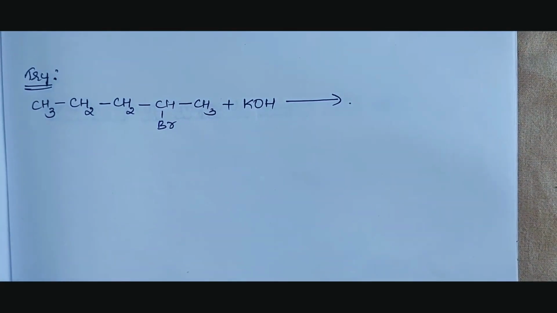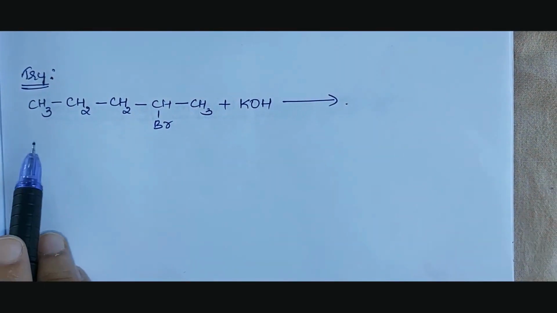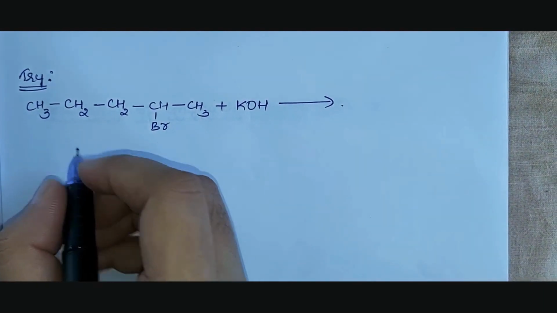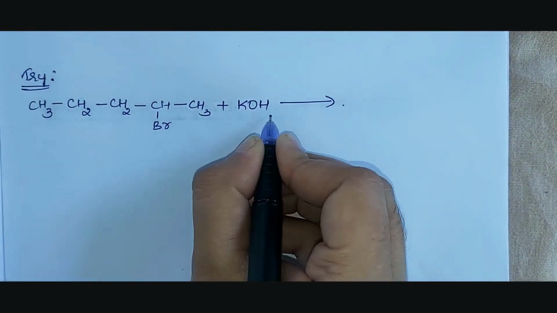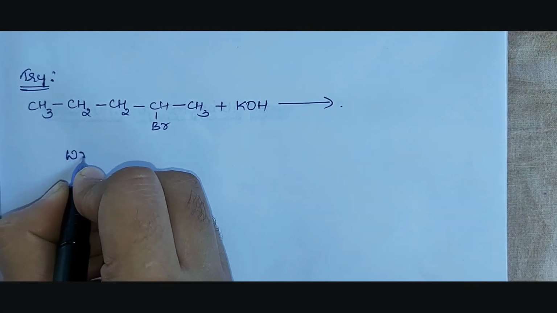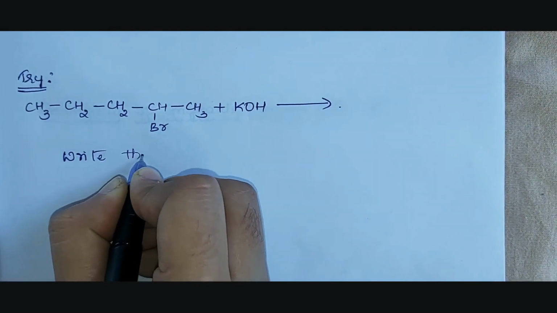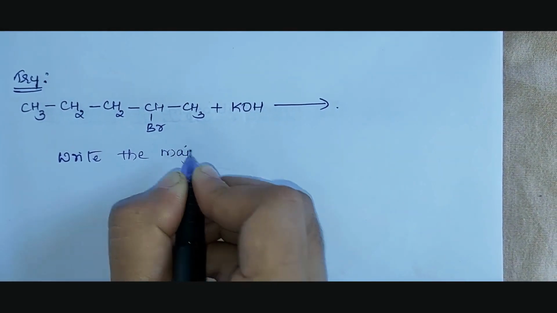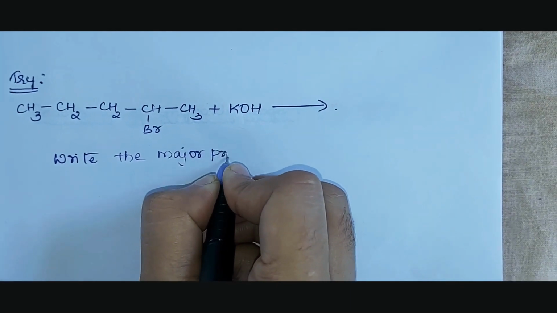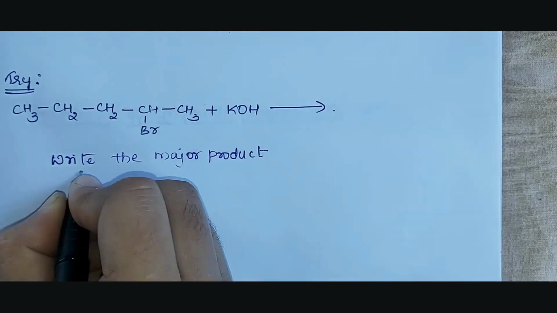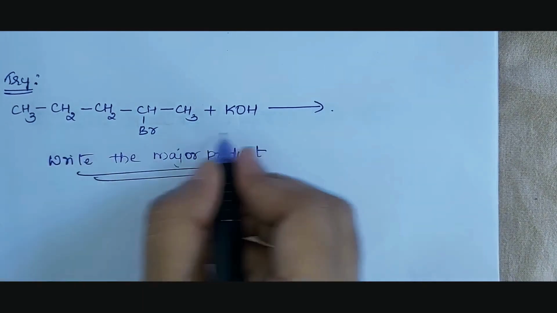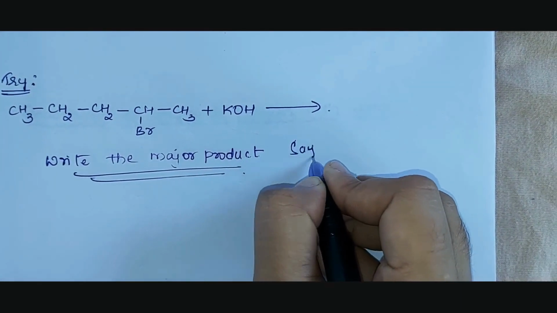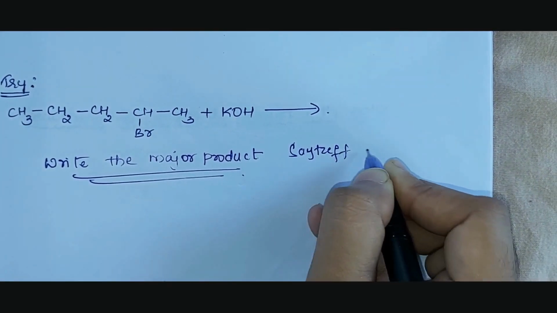For your work, you can try this. It is a similar example; try writing the product for it. Whatever answer you get, write it, and remember that you are supposed to write the major product. If you are confused, write both products and name which is major and minor, based on the Zaitsev rule. Don't take it as a nucleophilic substitution reaction. It is based on the Zaitsev rule, so remember it is an elimination reaction.